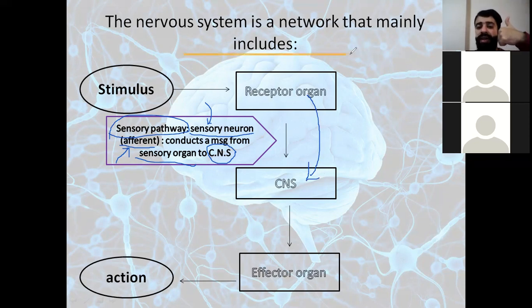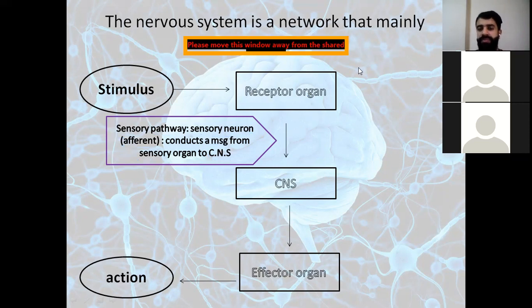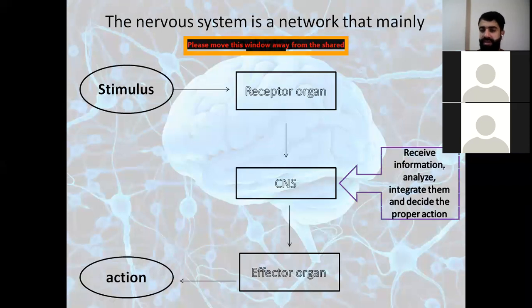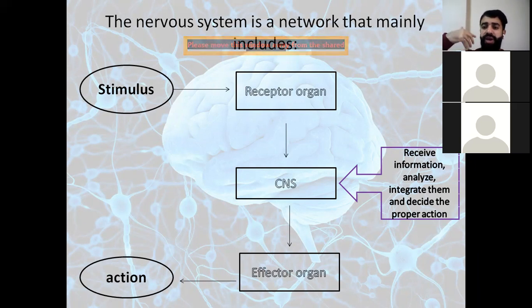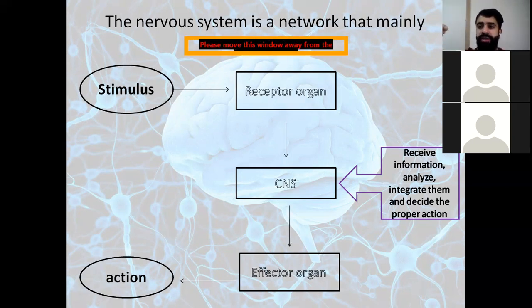You have to keep it in your mind that the sensory neuron carries a message between a sensory organ or a receptor organ and the central nervous system. Moving now to the central nervous system. The central nervous system is divided into the brain and the spinal cord. What do they do? They receive their information, they analyze it, integrate it, and then they take the proper decision or the proper action. So the function of the central nervous system is to receive the information, analyze it, integrate it, and then take